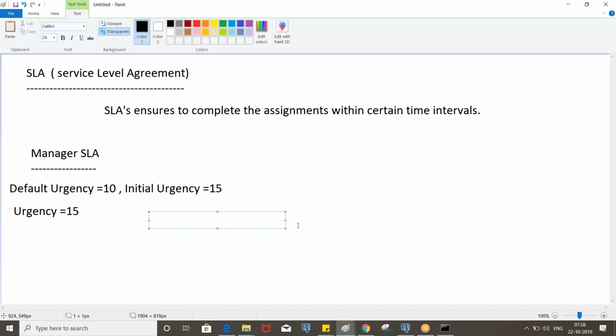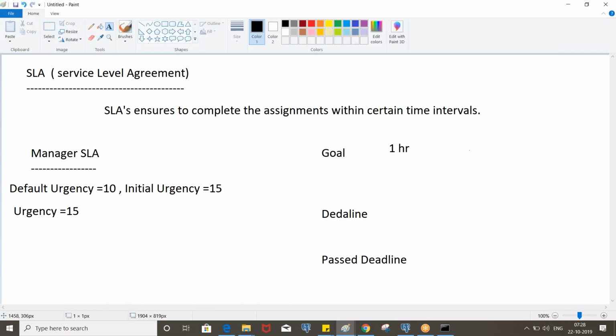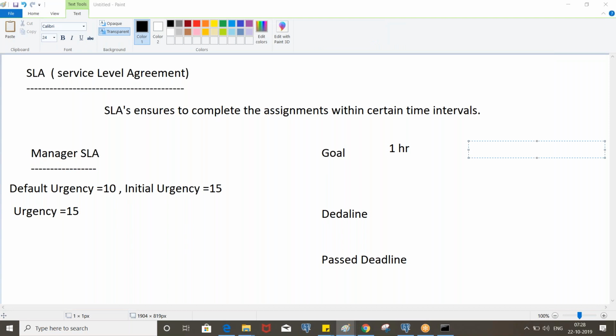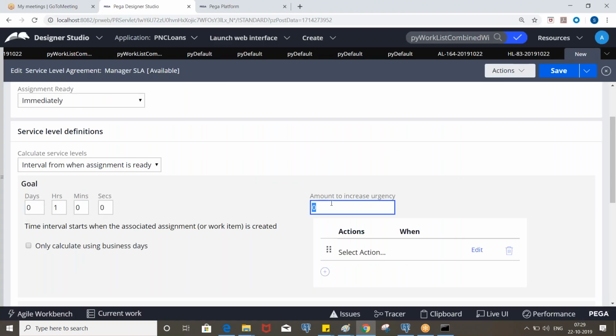Let's say we have different intervals, like goal, deadline, and past deadline, right? So we have 3 different intervals. Let's say goal time is 1 hour and goal urgency. So at each interval, you can put the urgency to be incremented.